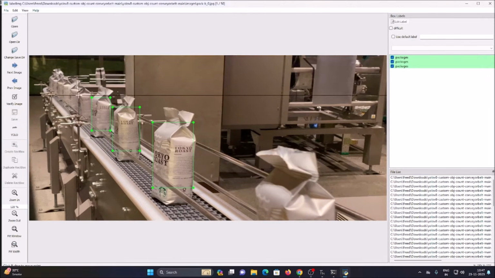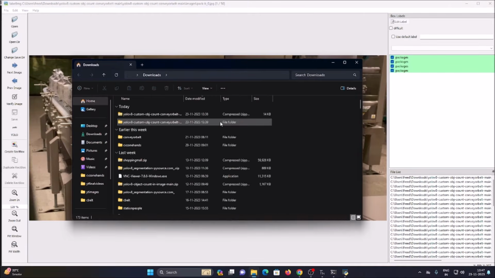Again create rectangle box, go for this package, select it, click on OK, click on save. Now if you open the repository